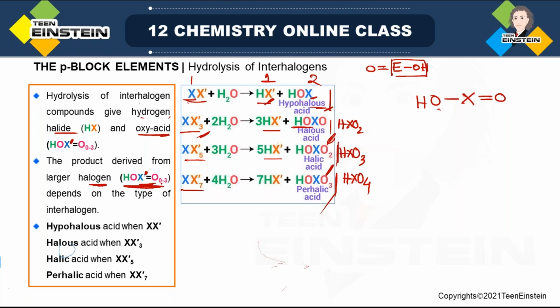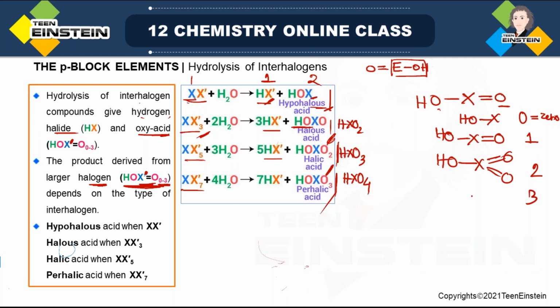Now the number of double bonded oxygens may vary from 0 to 3. So when this oxygen is 0, the formula will be HOX. Formula will be HOX double bond O when it is only 1. Formula will be HOX with 2 double bond O when it is 2. That is the XO unit, X double bond O unit, 2 units are there. And when it is 3, the formula will be,